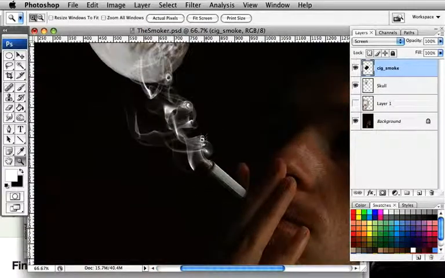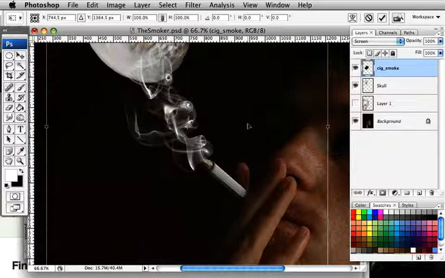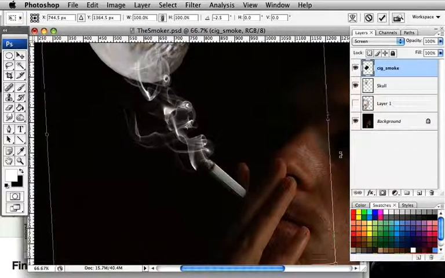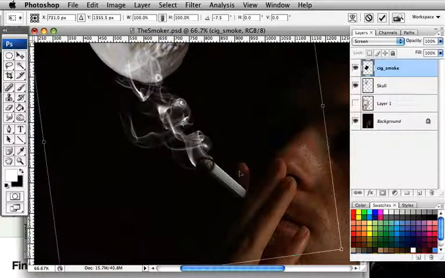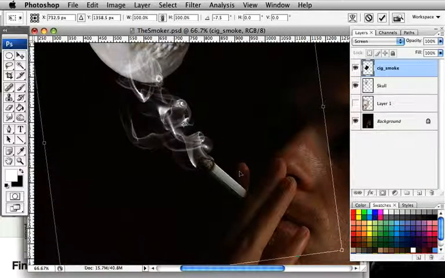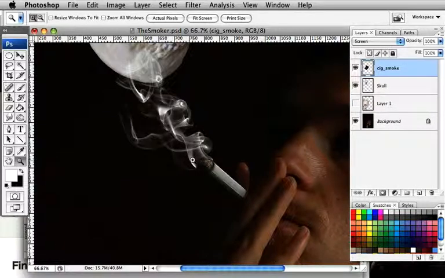Now still with our Cig Smoke selected, Command T, and I'm just going to rotate it, move it up just a touch, and then nudge it with the arrow keys so we get something like that. And that looks pretty good. I'm going to hit enter, zoom out,